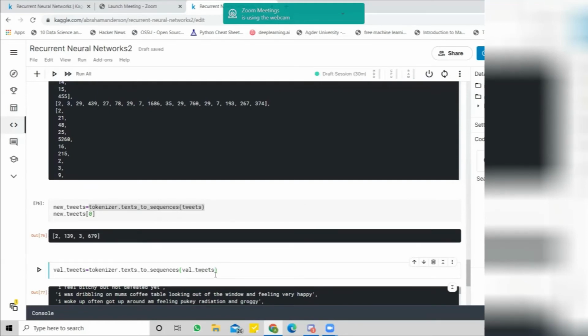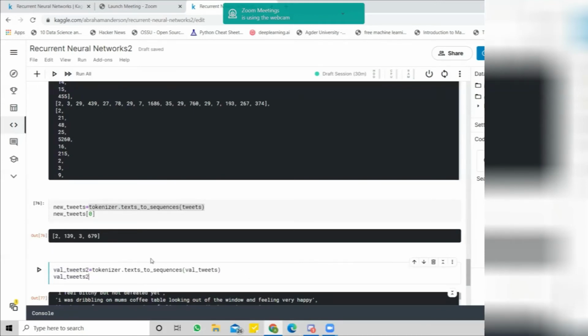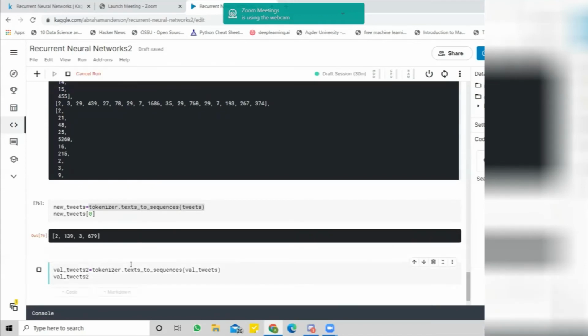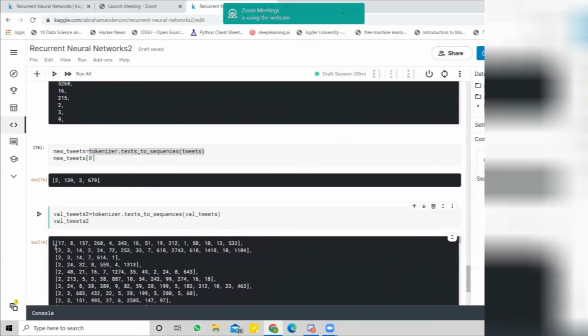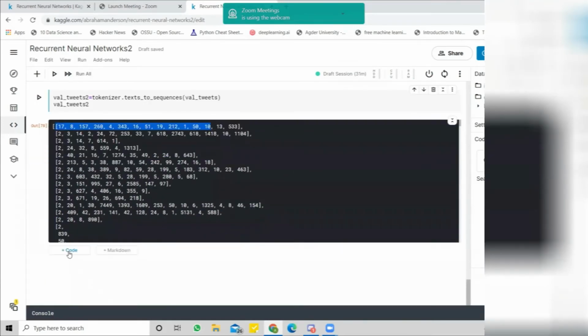Maybe I can use validation tweets in the future, so I will use validation tweets 2, let's say 2. Okay, so we don't need to do this every time. Sometimes we need to read the actual text. So I'm creating this. Yes, this is the output of this transformation. For example, this is the first tweet of our validation data set, right? Now we are ready to deal with the text or tweets of our training data set and validation data set.